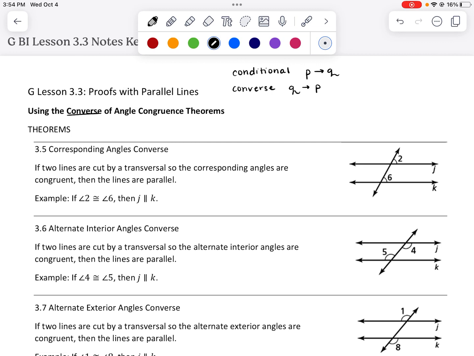So if two lines are cut by a transversal so that corresponding angles are congruent, then the lines are parallel. Yesterday we did the opposite of that. So here's our abbreviation. If corresponding angles are congruent, then we have parallel lines. So again, it's just the backwards order. So I'm going to go ahead and write the abbreviations for all of these. Then we're just going to get into some proofs, and we have to pick out which ones we're going to